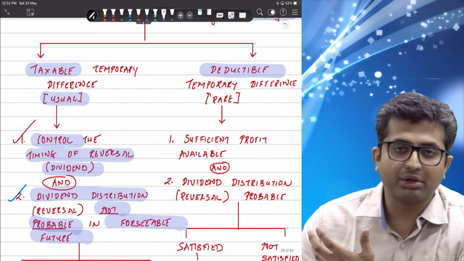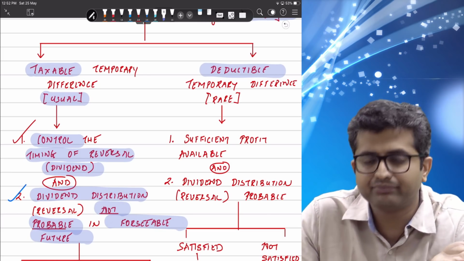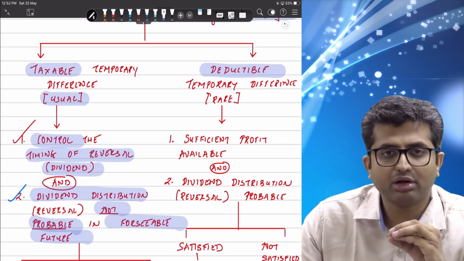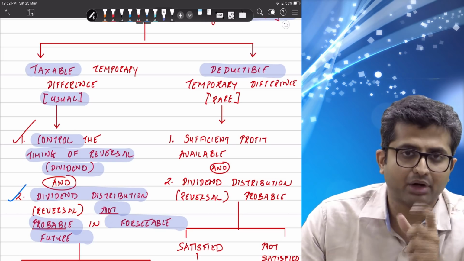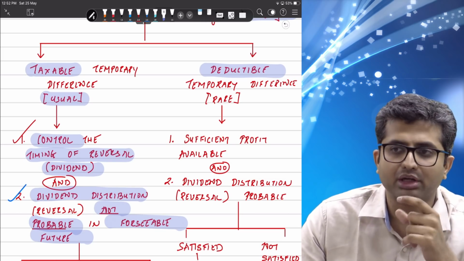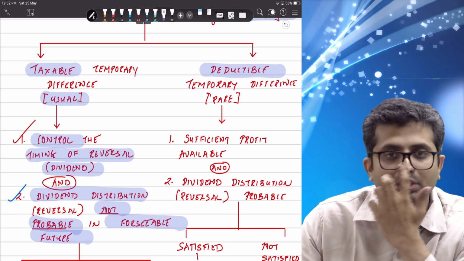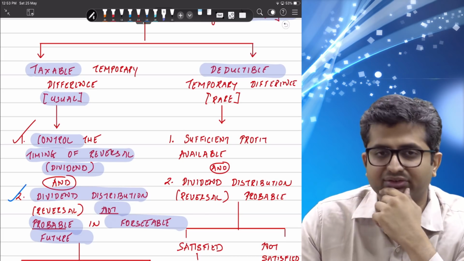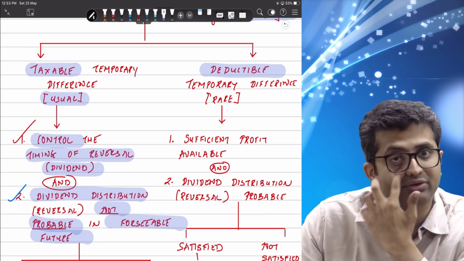When will there be a deductible difference? Ideally, if it is an undistributed profit, carrying value will always be greater, that is, value in the books will be greater. However, if there is an accumulated loss, then in the books of accounts your carrying value will keep on falling, but in income tax your tax base will probably remain the same. As a result, this will create a deferred tax asset. But when will a deferred tax asset be utilized? Well, if you end up getting some tax benefits out of it.